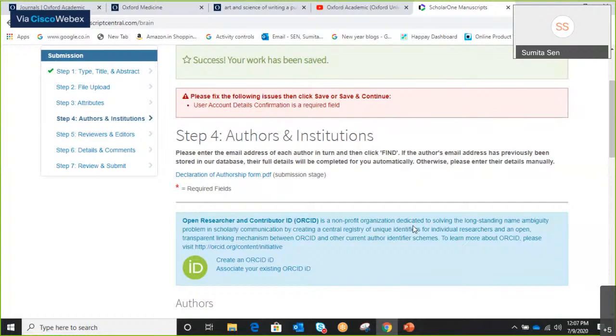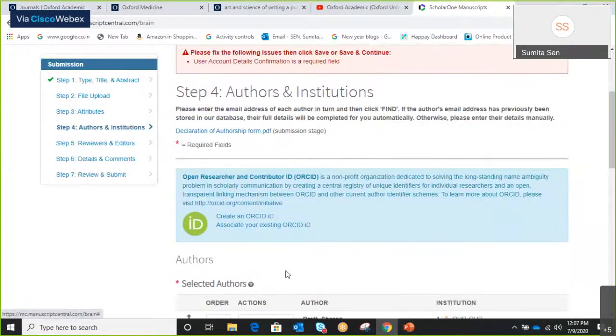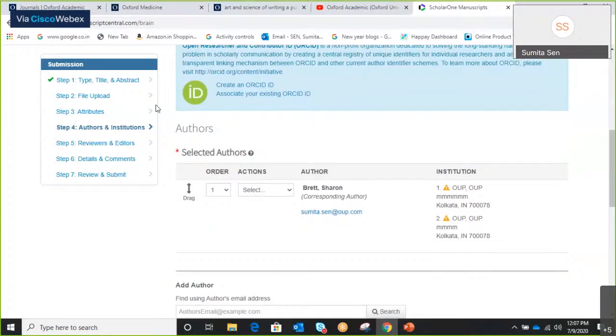So to avoid that, each one needs to have their ORCID ID. Each author has to have an ORCID ID. Without this, your manuscript will not be accepted. It is compulsory to have an ORCID ID. And it's just like your PAN card. You can have only one. It's a crime to have two. So you can't have two ORCID IDs. You will have to have only one, which you would continue to use.